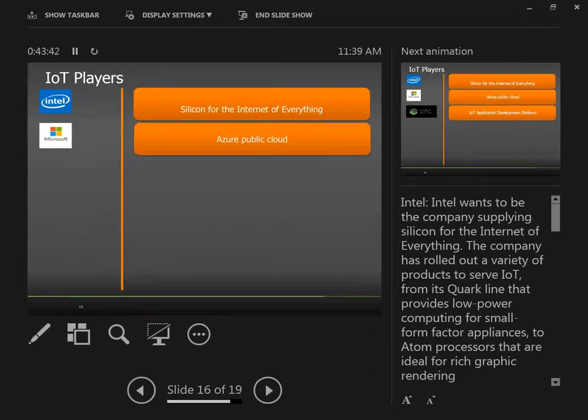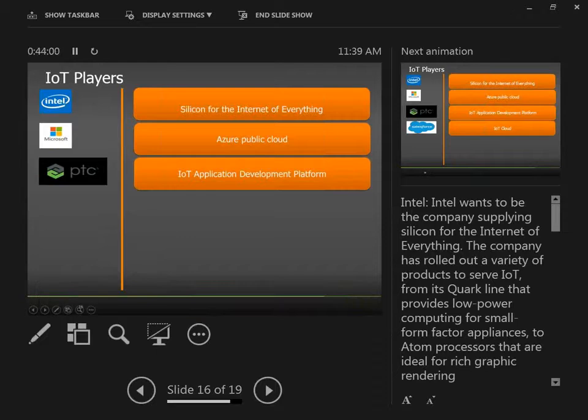Microsoft has rolled out an IoT suite for its Azure public cloud, which includes IoT Hub for users to connect, monitor, and control devices, a streaming analytics service combined with machine learning, a notification hub for sending messages across IoT devices, and Power BI. PTC bought ThingWorx, an IoT application development platform, Axeda, a cloud service for managing connected devices and processing machine-to-machine data, and ColdLight, a machine learning artificial intelligence platform for analyzing data.